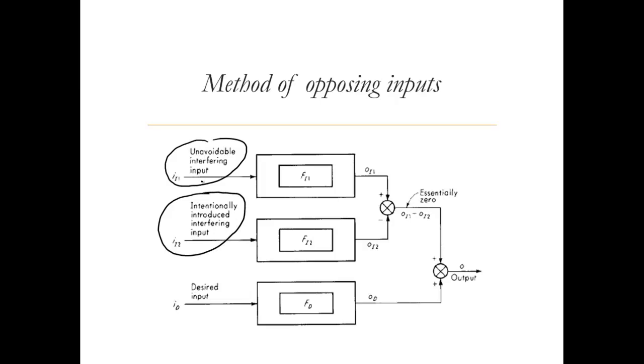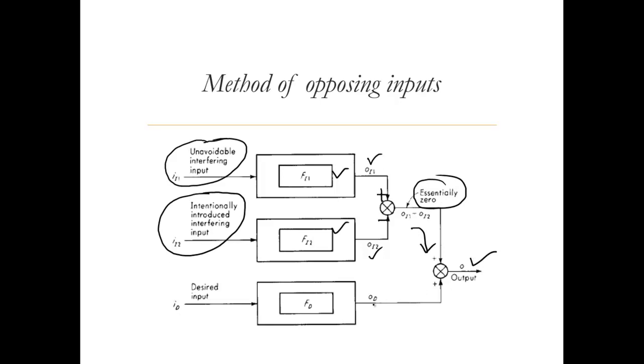So this is the block diagram, but you can always design some systems like this, and then corresponding transfer functions. You can always have modifying input. For modifying inputs also you can have some more blocks similar to this. So this creates some output, this creates some output, but we use a summing junction here. We have a plus sign and a minus sign because we want to subtract this from this. So then essentially this should be 0, so that it doesn't have any impact on the actual output.